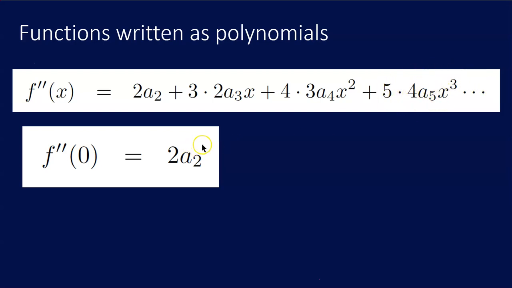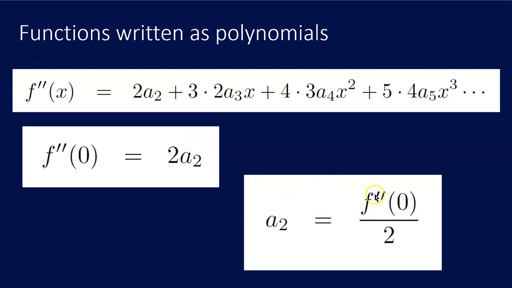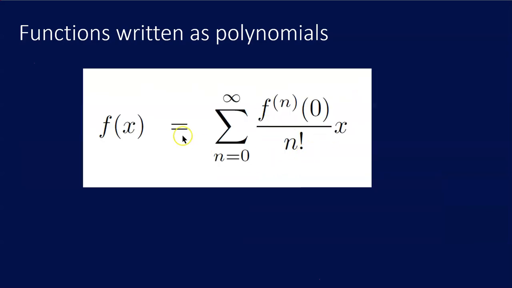Okay, so let's look at this first. I've got 0 put into the second derivative. Solving for a sub 2, I get the second derivative with 0 plugged in divided by 2. The only difference is when we start solving for a sub 5, we're going to get a5 equals the fifth derivative with 0 stuck into it over 5 factorial, because by the time it gets to the front, you'll have all those terms multiplied together. So my formula for a Taylor polynomial will be this: the summation as n goes from 0 to infinity of the nth derivative with 0 plugged in over n factorial